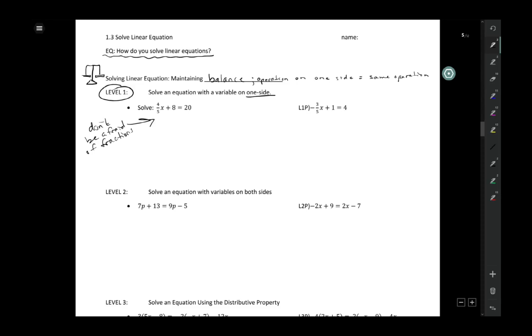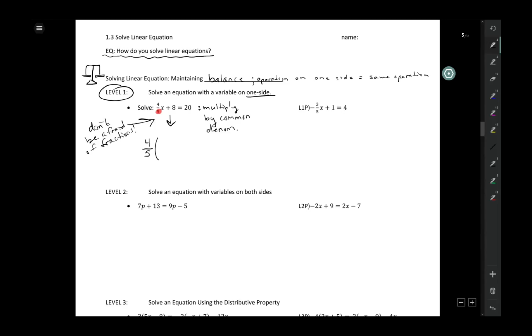Okay? Easiest way to deal with fractions is multiply by the common denominator. And for our case, our common denominator, we'll say, is 5. That's the only denominator we see. It will get a little trickier if you have more than one. But for us, if you just multiply everything by 5, so 4/5